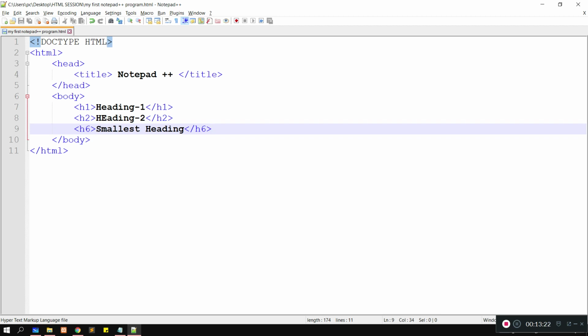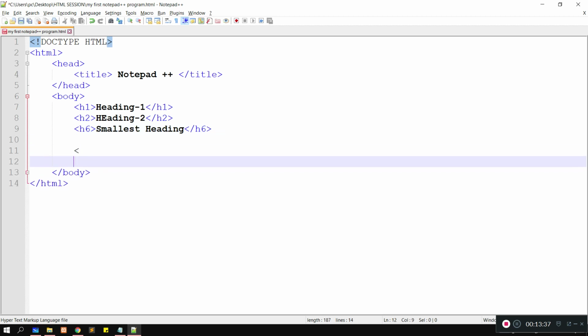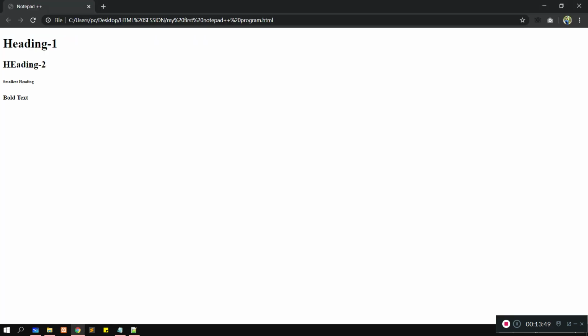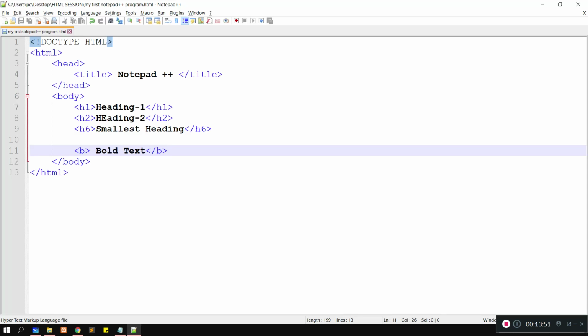Okay guys, there is no tag called h7. So remember, there are only 6 types of heading tags, that is from h1 to h6. Now let me make a bold text. Okay, we got the text as bold.